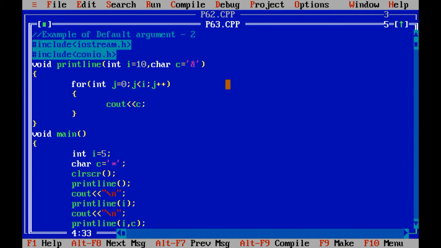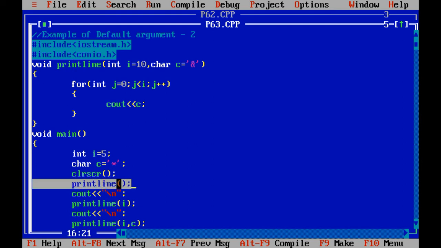Now consider the situation over here. I have taken one argument as an integer argument and another as a character argument, right? In that I have taken two variables over here, integer i equals to 5 and character c equals to asterisk sign. Now clrscr, printline function, see this will call the UDF printline, right?